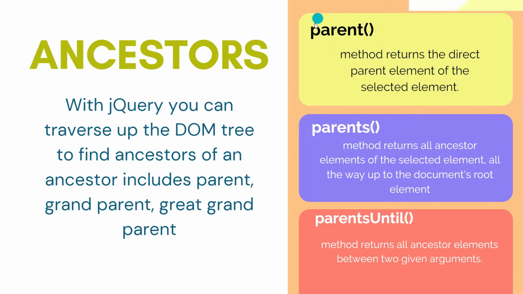And here we have some syntax through which we can call the parents. First of all, we have parent(). For example, if we have a div, under the div a span, and under the span a p, then the parent of p is this element. The method returns the direct parent element, means if we have p.parent(), it is going to return the span. If I mention parents(), it is going to give us the parent, grandparent and great grandparent also. For example, for div span p, if I call p.parents(), it is going to give span, and it is going to give that div also.